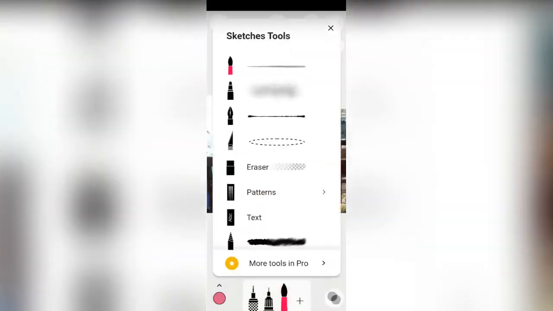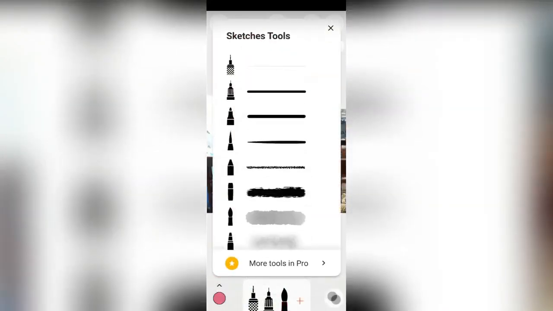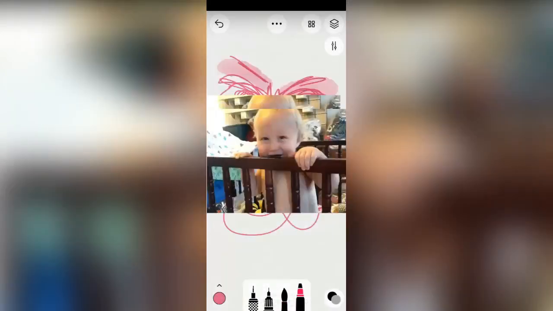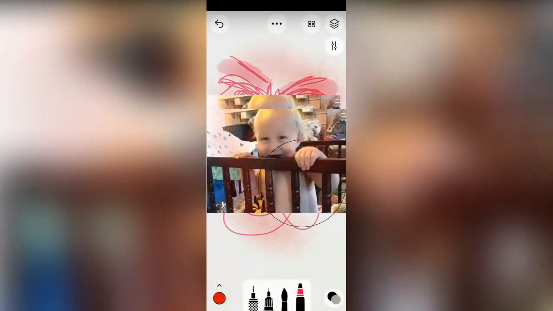So you could draw, more tools in Pro. You don't have to buy Pro, but when you hit the plus, you have all these different tools here. So you could play around with it. You could take a little bit of time to do this. Draw a little heart, whatever. Ta-da. See? So that's fun. And I promise you, if you look at the stuff that's up there, you could probably make better stuff just doing this and playing around. Seriously. In any case,